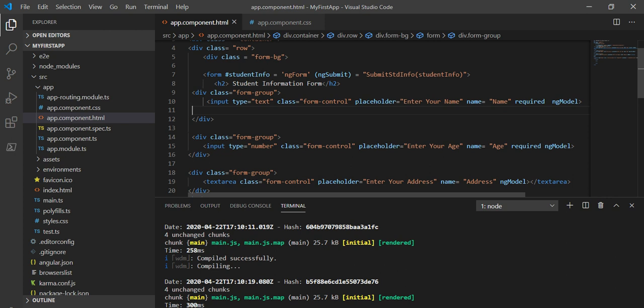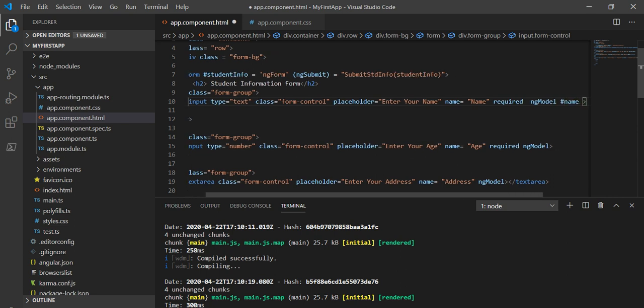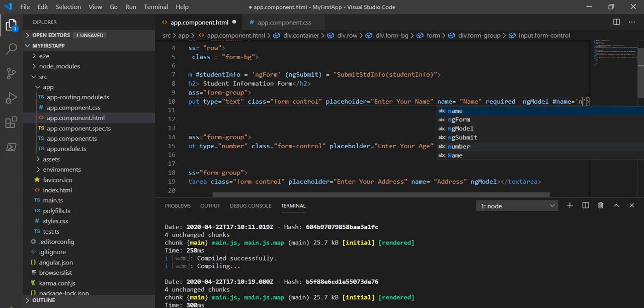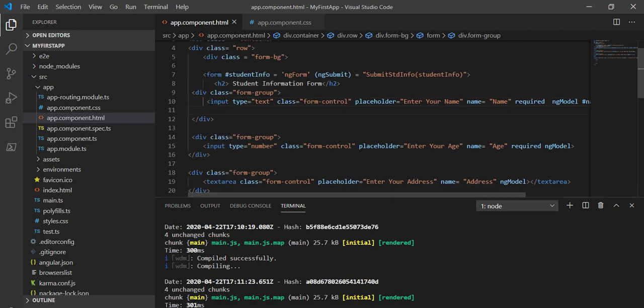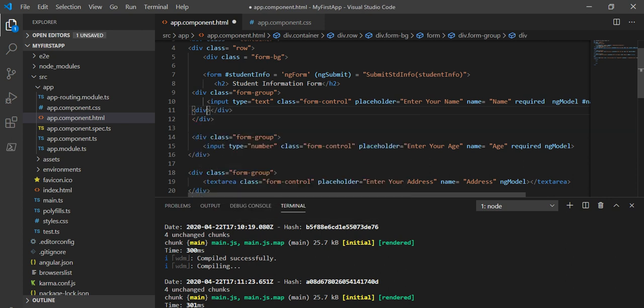For that, first I have to take a local variable, hash name, and the type is again ngModel. Now inside this I will take one div, where I will show the error message.